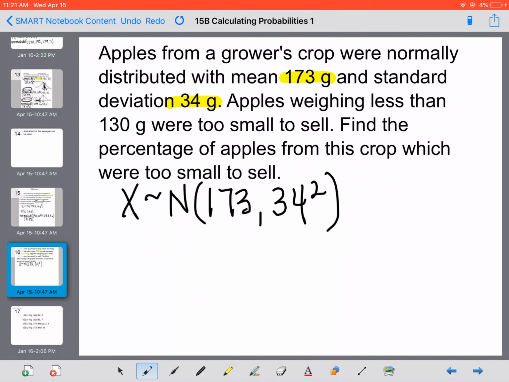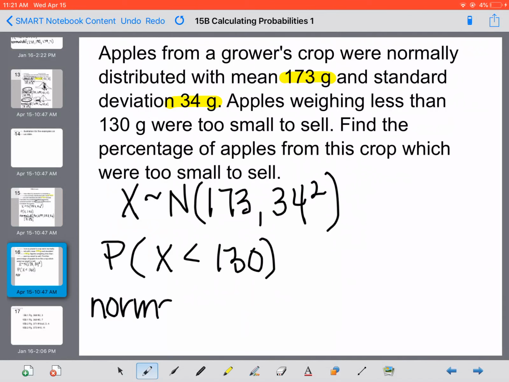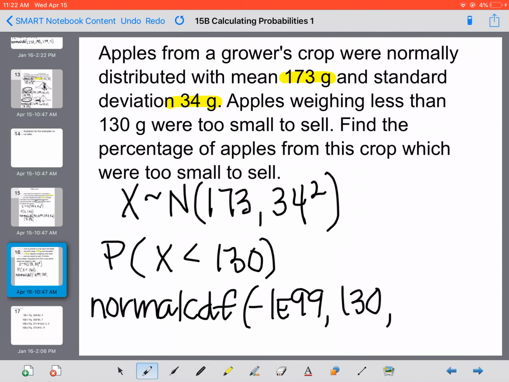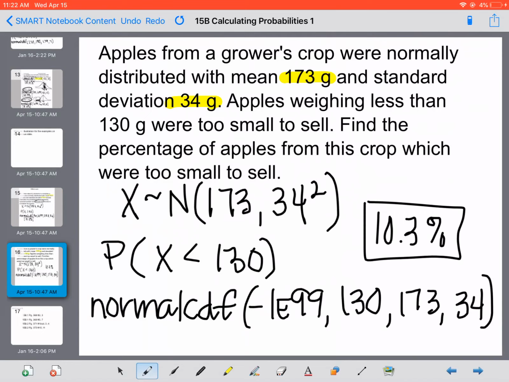But I want to know the probability that x is less than 130, because anything that was weighing less than 130 was too small to sell. So now I want to do my normal CDF again. 130 is my low. No, that's not true, because I'm less than 130, so that means negative infinity is my low, 130 is my high, my mean is 173, and my standard deviation is 34. And when we calculate that, that means that 10.3% of the